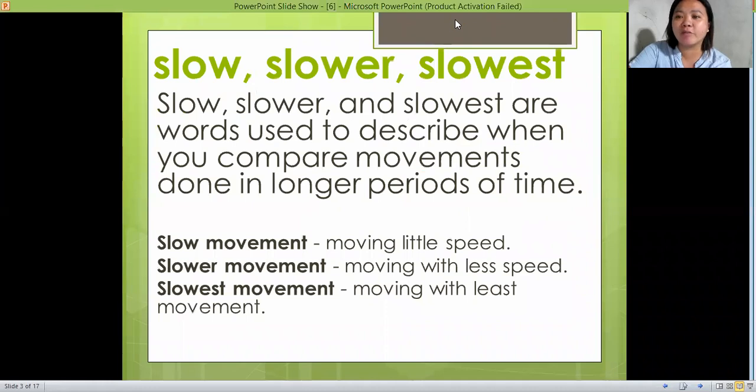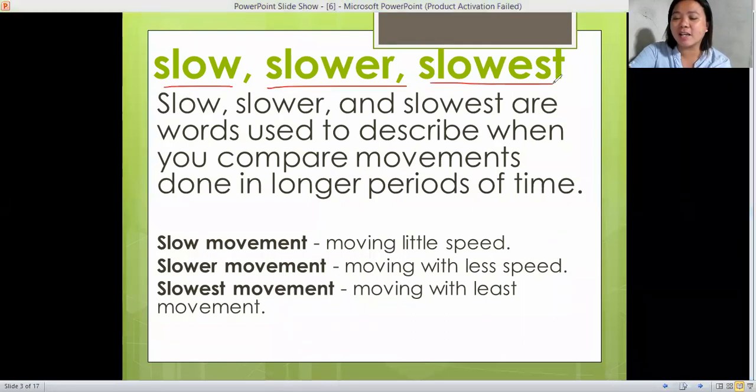We can use slow, slower, and slowest. These are words used to describe when you compare movements done in longer periods of time. Slow movement is moving with a little speed, slower is moving with less speed, and slowest is moving with the least speed. So for example, we have here